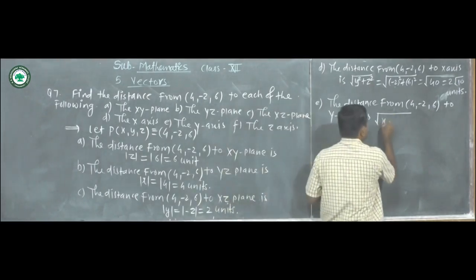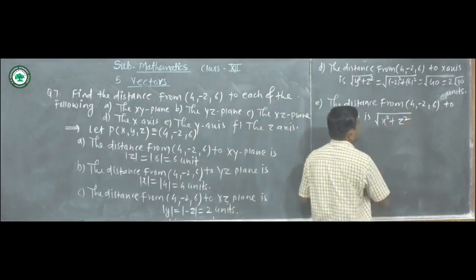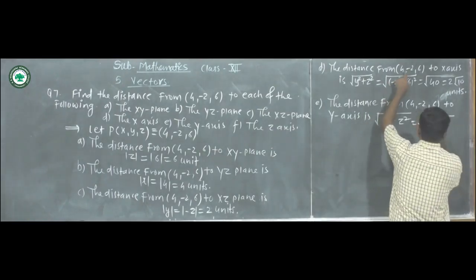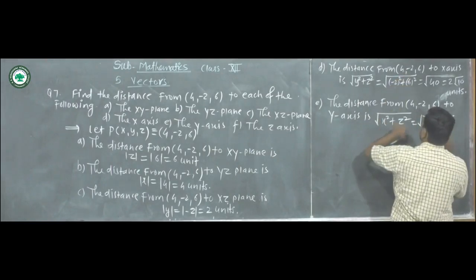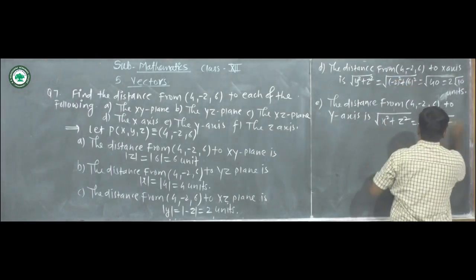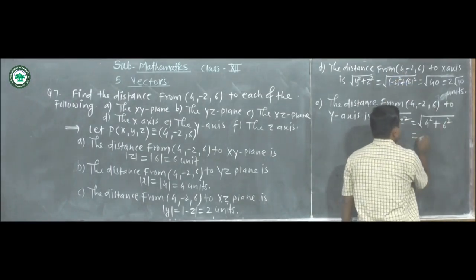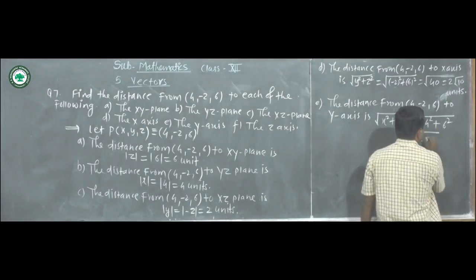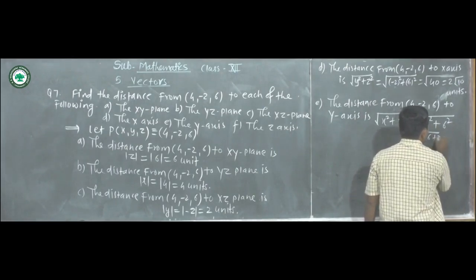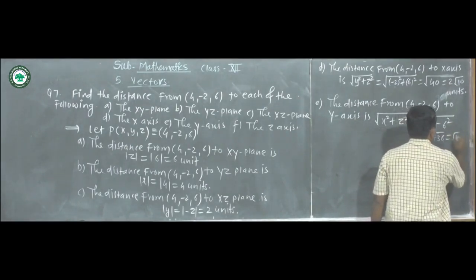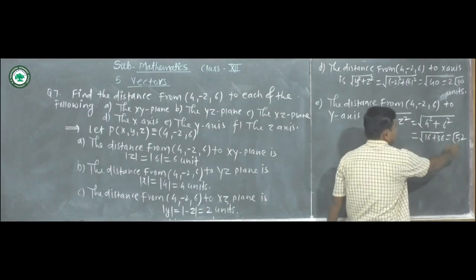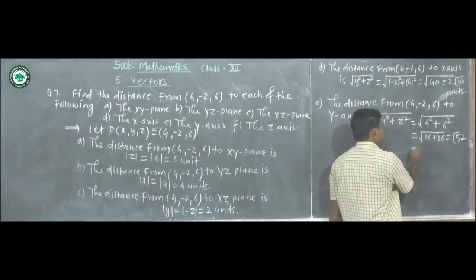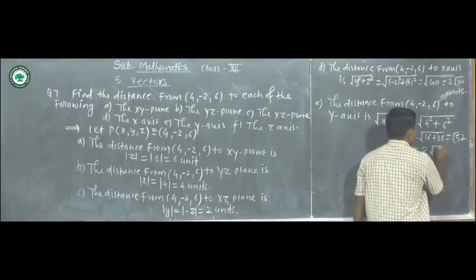Take the square root of x squared plus z squared, which is equal to the square root of 4 squared plus 6 squared. So it is equal to the square root of 16 plus 36, which is the square root of 52. This 52 can be written as 4 into 13, and the square root of 4 is 2, so it is 2 square root of